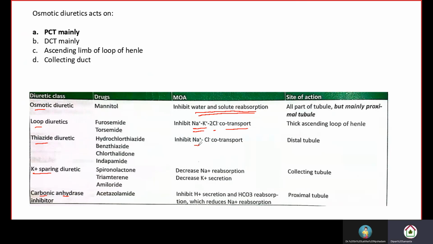Thiazide diuretics inhibit sodium and chloride co-transportation. And potassium sparing diuretics decrease sodium reabsorption and decrease potassium secretion. And carbonic anhydrase inhibitors inhibit H plus secretion and HCO3 reabsorption, which reduces sodium reabsorption. So in simple words,